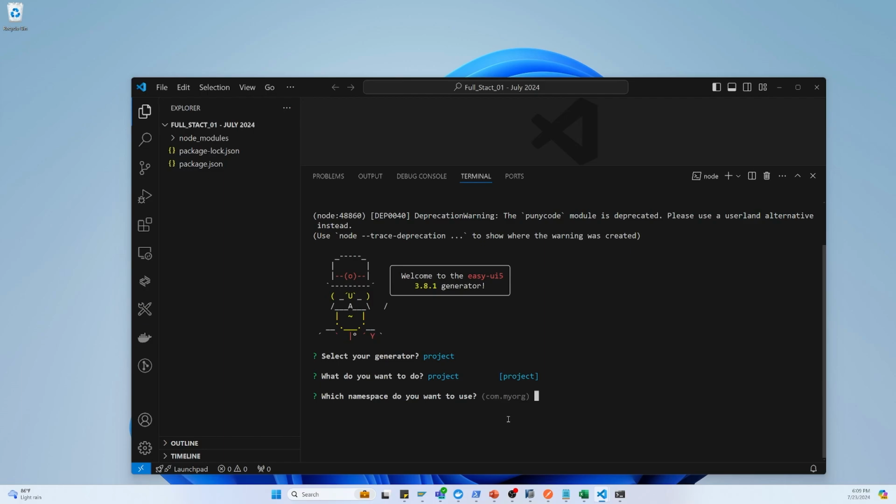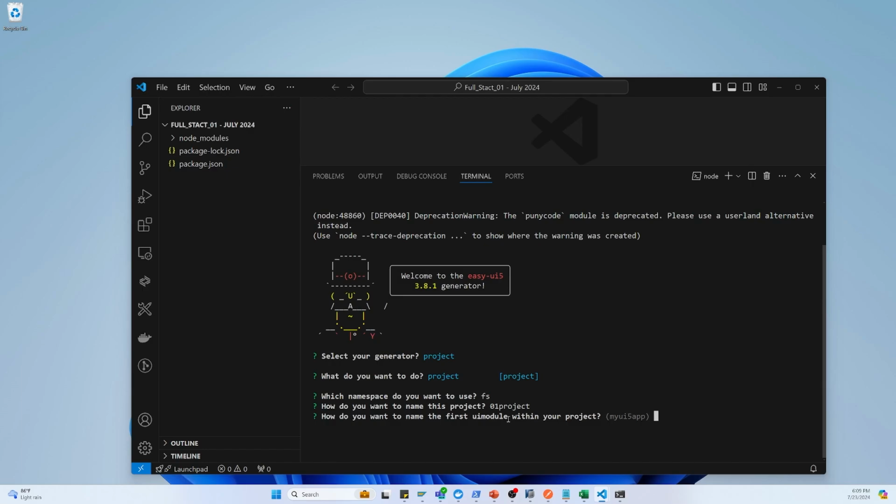So I can use, for example, full stack fs, then 01, so 01 project,